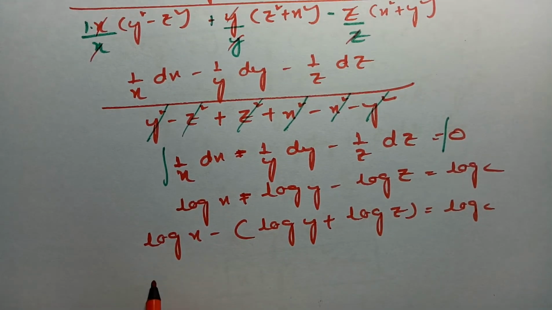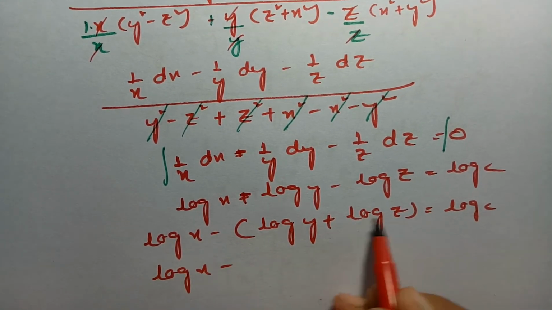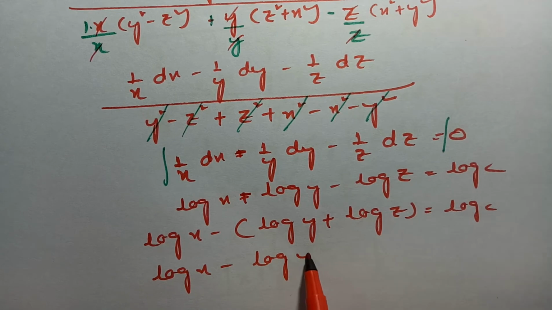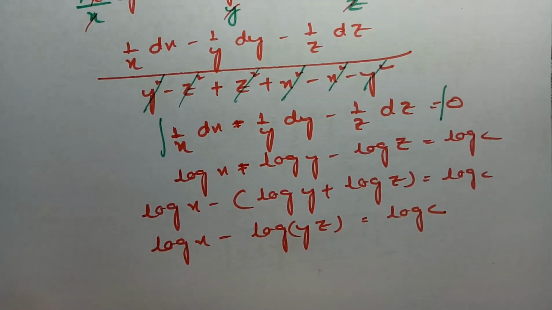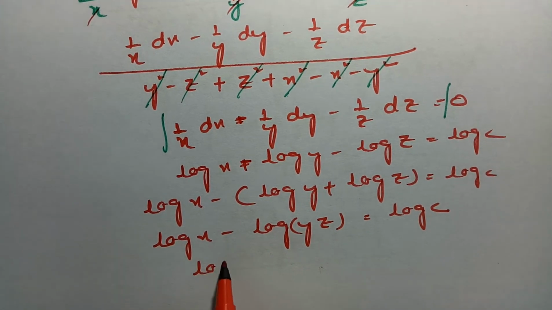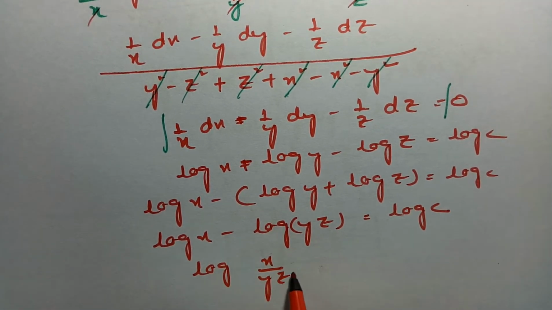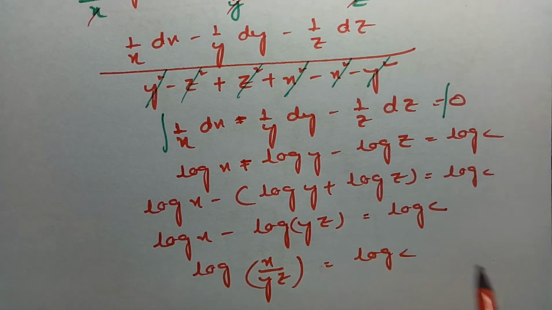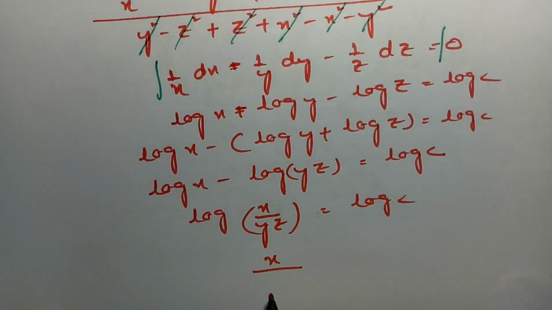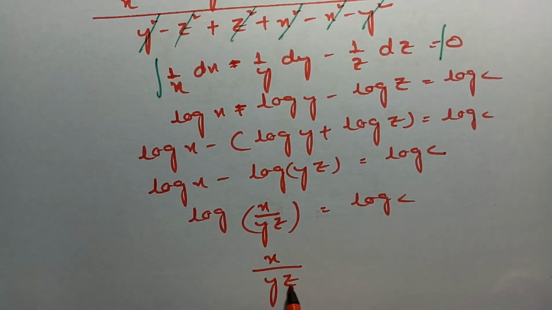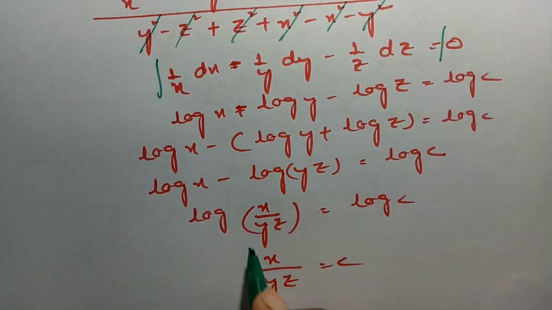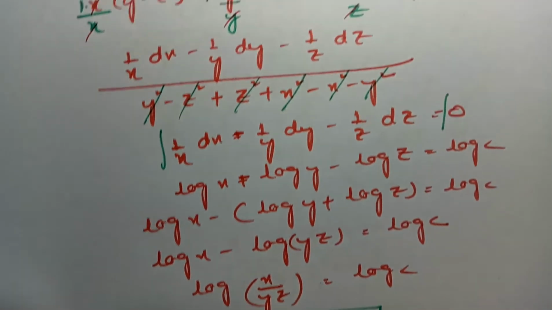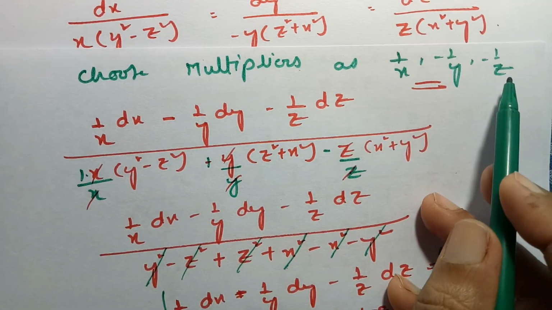Log a plus log b is nothing but log of a into b, so it is log of x by yz is equal to log c. So the second answer is x by yz is equal to c. This is the second solution using the multipliers 1 by x, minus 1 by y, minus 1 by z,